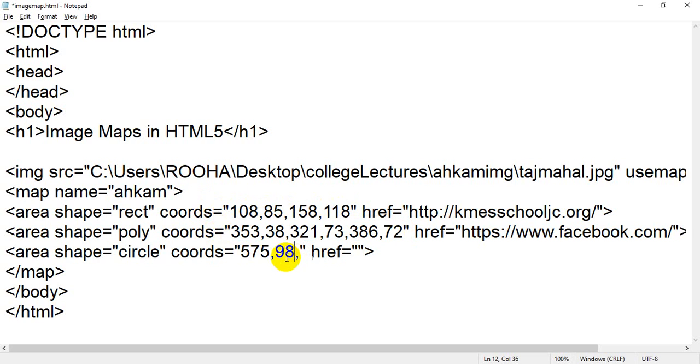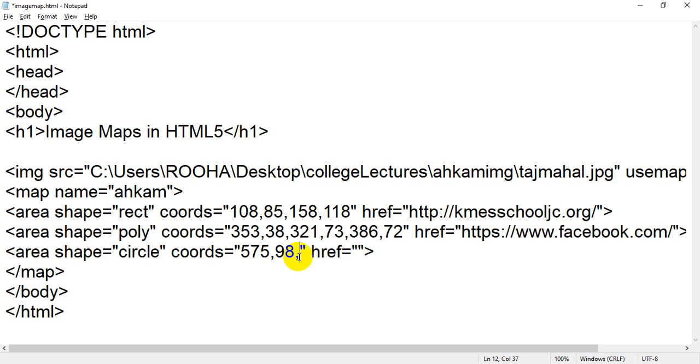But in circle you have to take only 3 values. The first value is fixed. The first value will be of your center, the coordinates of your center. So we have taken that. Now one value is remaining. That value will be of your radius.